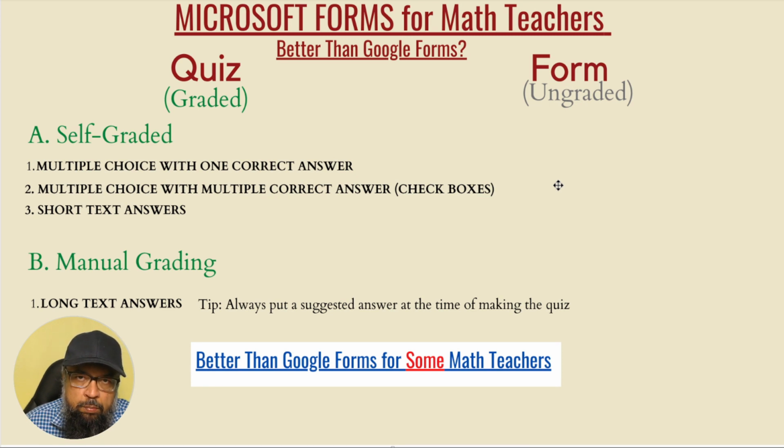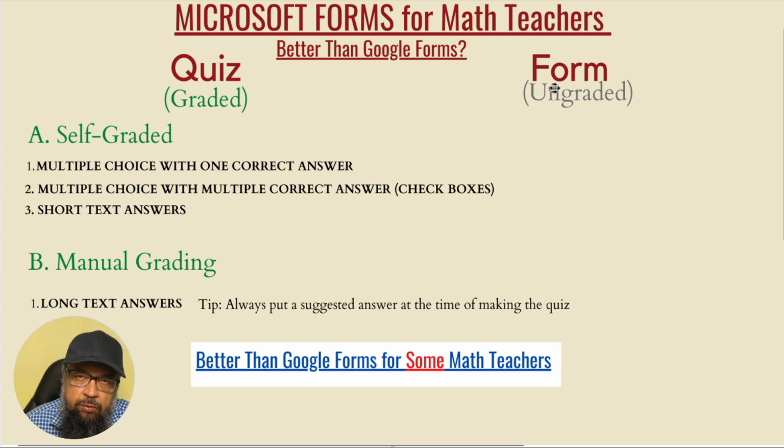For example, you might collect email addresses and names of your potential customers. You can ask your students to give you feedback about any online course. You can also use forms to optimize the workflow in your online business, and to monitor progress. But in this video, we are talking about using the Forms application to create quizzes.